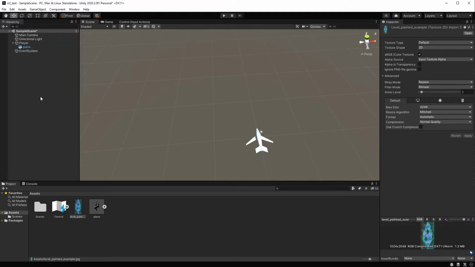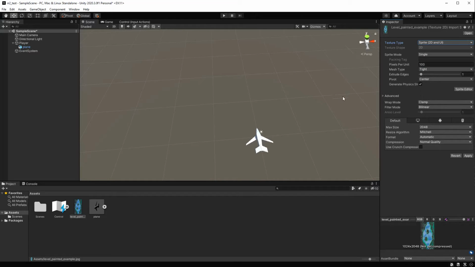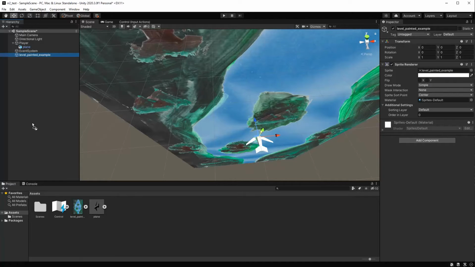Now this thing. Oh yeah, it's just a JPEG. We cannot drag and drop it into there, into the hierarchy. We need to turn it into a sprite. Yep, that should do it. Now I have to save it, of course. Oh, exciting. Alright, let's rotate it